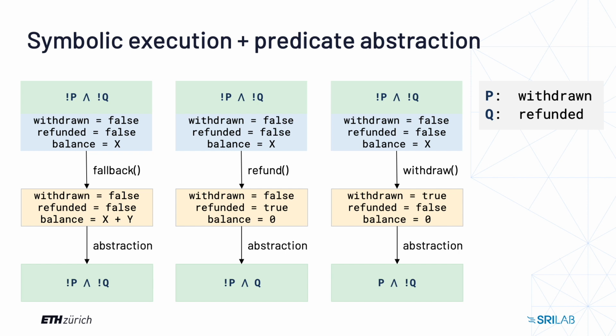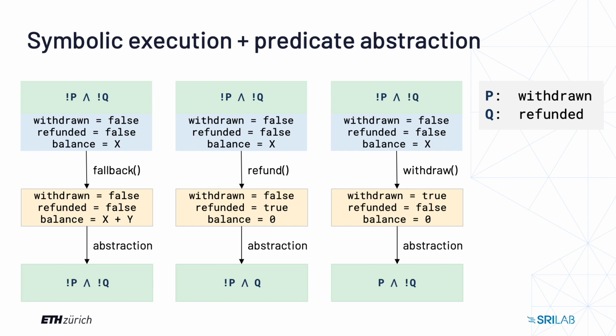On the left, on top, we can see green abstract state not P and not Q, and a blue corresponding to its state where withdrawn field is false, refounded field is false, and balance is some symbolic variable x. If we execute fallback function, the function that allows contract to receive money, the withdrawn will stay false, the refounded will stay false, but balances will be increased by some symbolic variable y. If we abstract this field now, it will yield us the same state we started with, not P and not